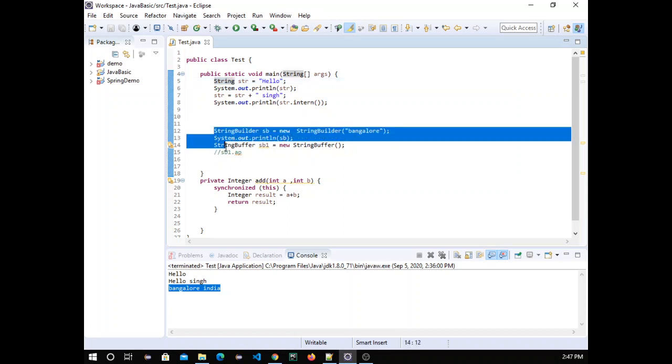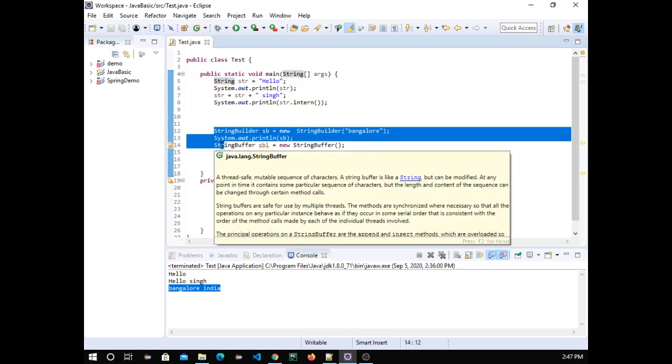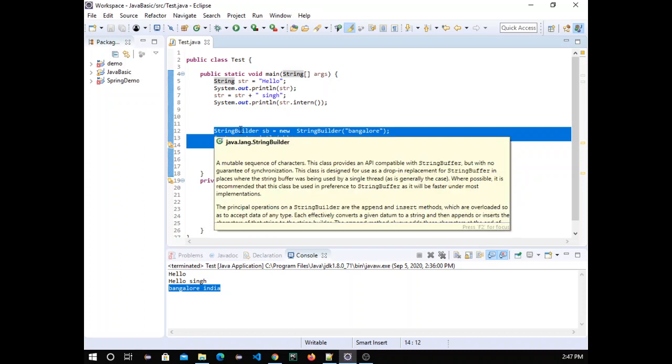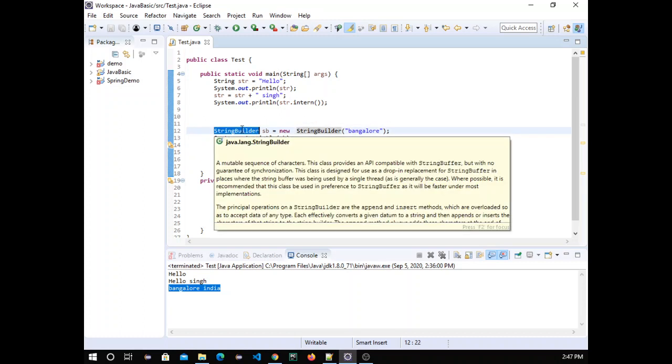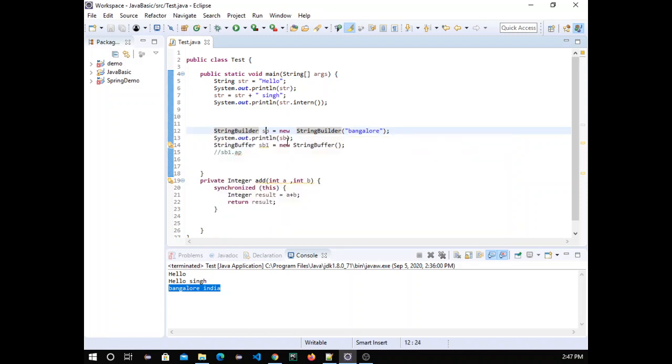These both are mutable, but still there is a problem with these two. This one is not thread safe and this one is thread safe. Thread safe means it is synchronized and slower, but the other is faster and it can be accessed by a multi-threading environment at the same time.